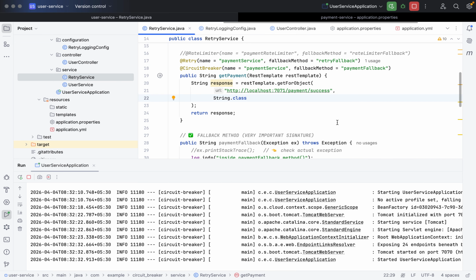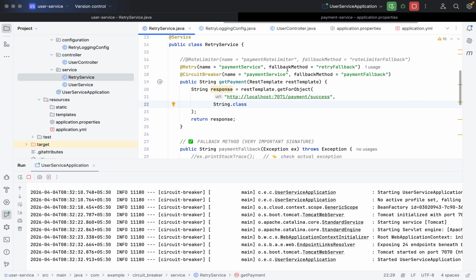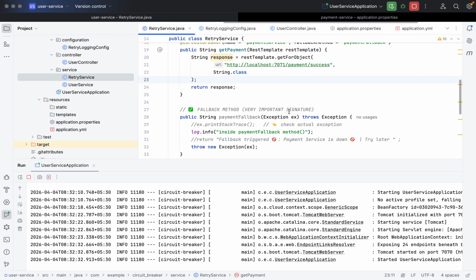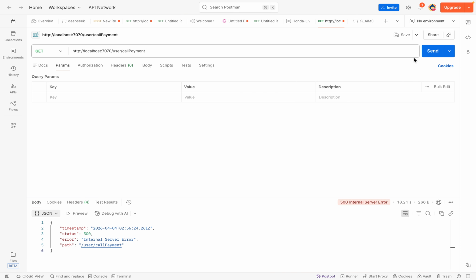Okay, that was happening. Now, that was the scenario when fallback was not there on the retry level, so the exception was thrown and propagated back to the caller. Now let's see if fallback is there, then whether the exception is propagated back to the caller or not. Okay, just the same scenario.